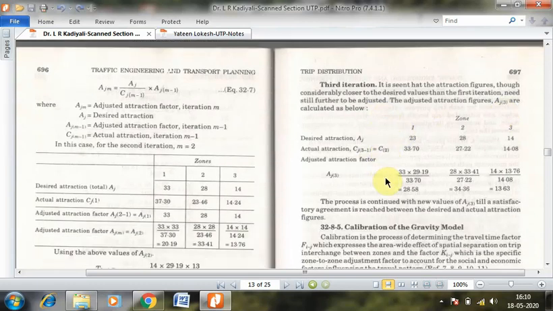So this is how you will have to solve the problem using the gravity model, and this would be the last problem based on the gravity model technique to do the trip distribution under the synthetic method of doing the trip distribution. So in the next video, I'll be teaching you about how to calibrate the gravity model and what are the stages that need to be involved in calibration of a gravity model.